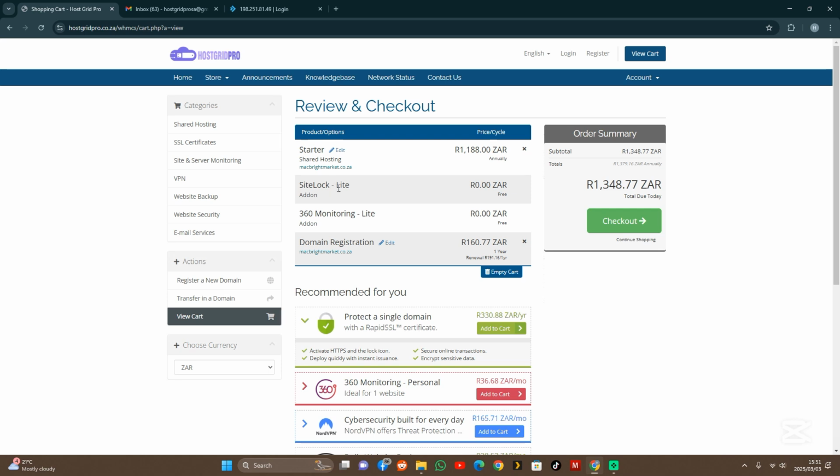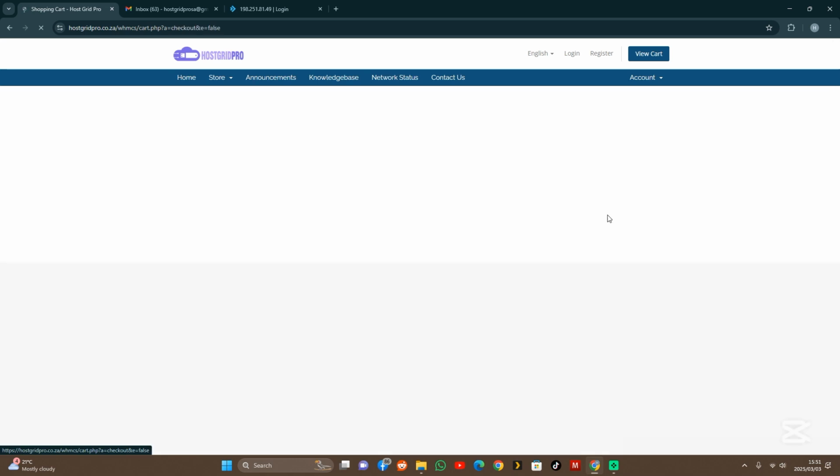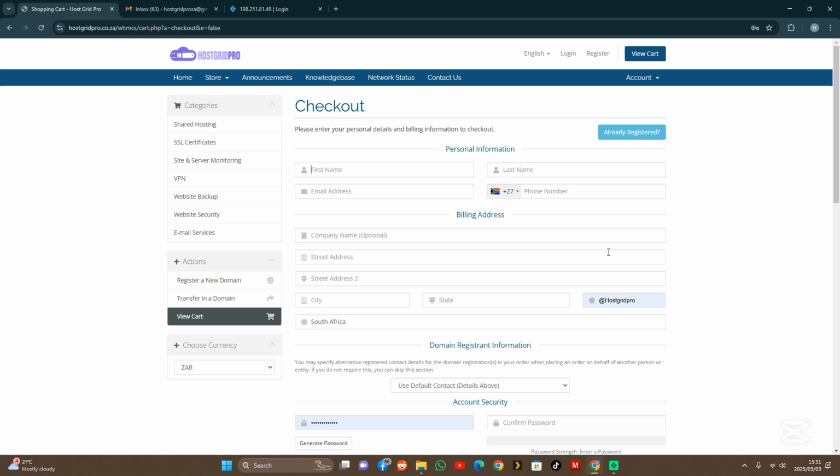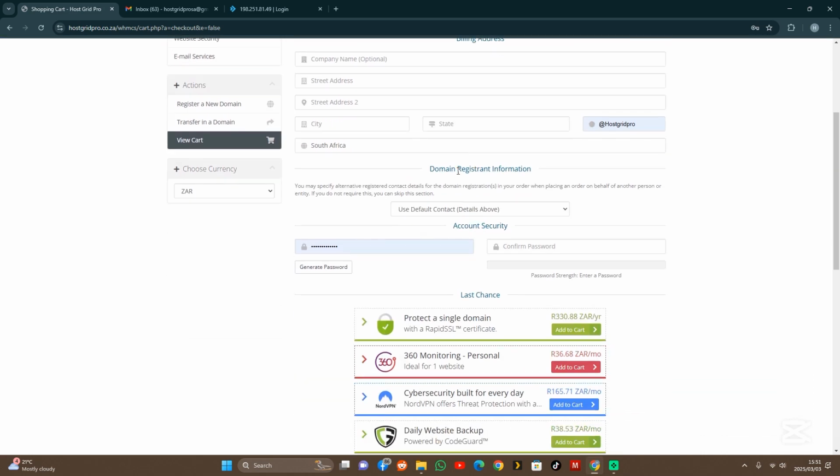Okay, they gave us Site Lock for free and 360 Monitoring Lite for free, so it will help us monitor the website, the uptimes and the downtimes, and then I think this is an SSL certificate for free. So let's check out. When you check out, it's going to ask you to fill in your personal details, your personal information, your billing address, and then also they'll ask you to create a password which you are going to use to be logging into your client